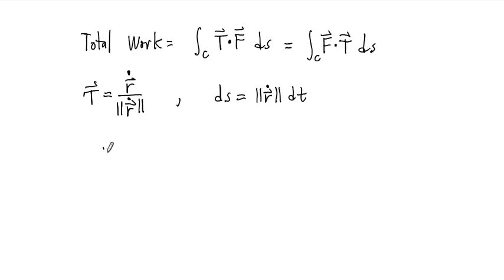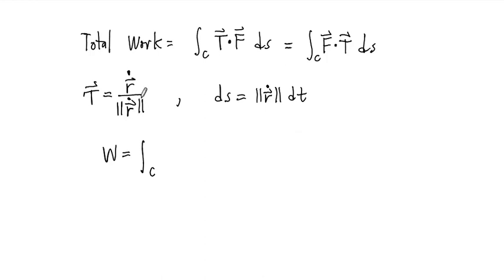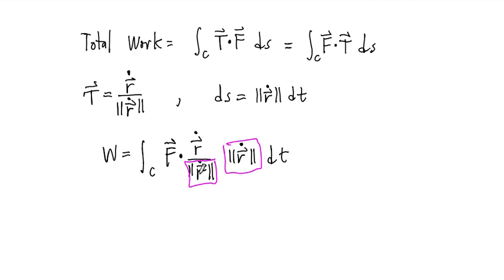So if we put this all back together, what we end up with is the total work, which I'll just call W, equal to the integral along C of, now notice the parameterization is now playing a prominent role, and the assumption that we made that r dot is not 0 is also very important, because at this point we've got the length of r dot in the denominator. What we end up with is our integral for work: F dotted with r dot over the length of r dot, where the dot on the r is the derivative, times the length of r dot dt. Since the length of r dot is not 0 and it is a scalar, it can be factored out of this dot product and then canceled, numerator and denominator. And we end up with this formula, the integral over C of F dot r dot